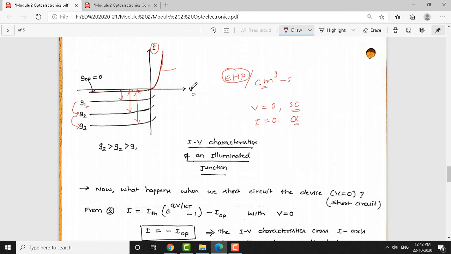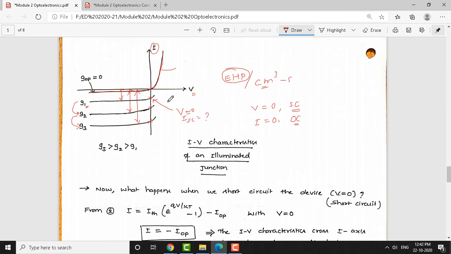Okay. Now, if you want to know these curve intersection points here, or even if you consider one particular curve instead of taking 3 different curves, if you want to know at what point this G2 curve is intersecting here, you have to make voltage as 0. So, you need to make voltage as 0 here, and you need to find out what the current is, a short circuit current needs to be estimated.